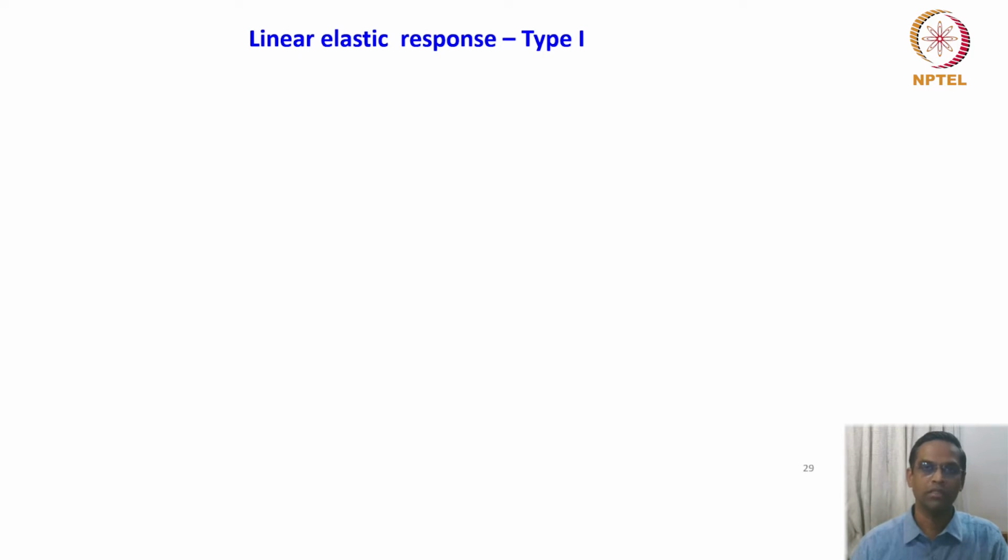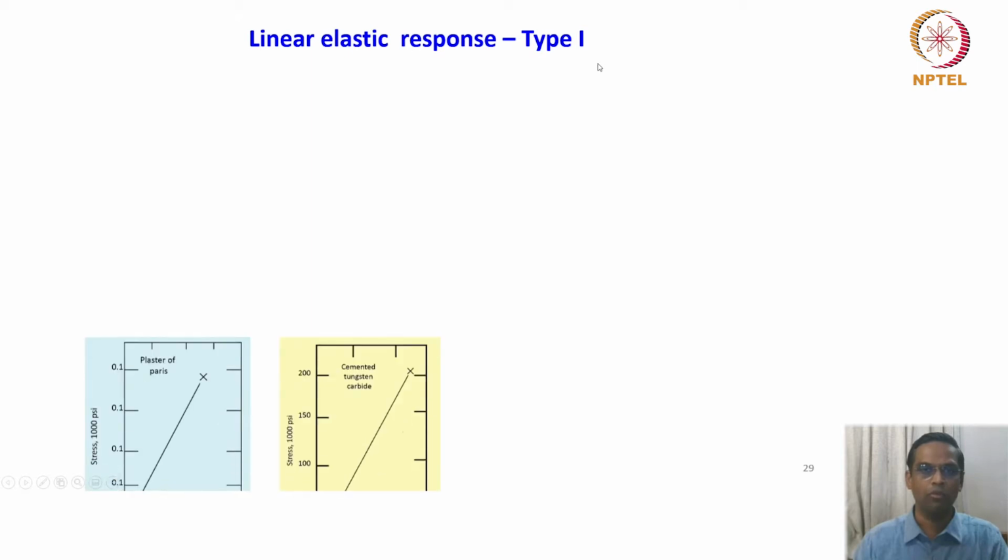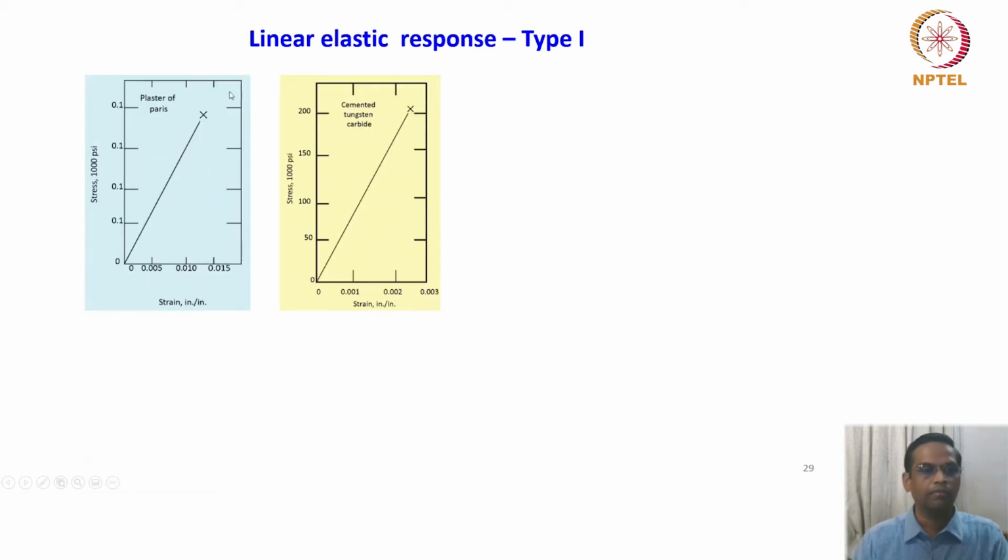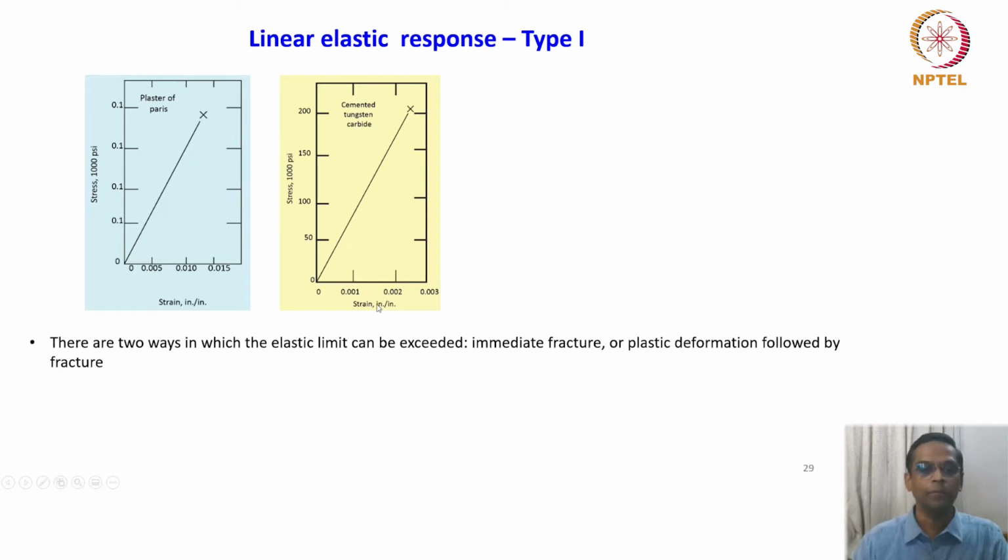Now we look at the types of tensile behavior exhibited by most classes of materials. The first one is the linear elastic response, sometimes referred to as type 1, which is a linear stress-strain relationship. For example, this is plaster of Paris, and this is cemented tungsten carbide. And there are two ways in which the elastic limit can be exceeded: immediate fracture, or plastic deformation followed by